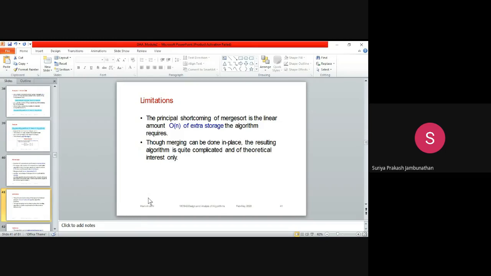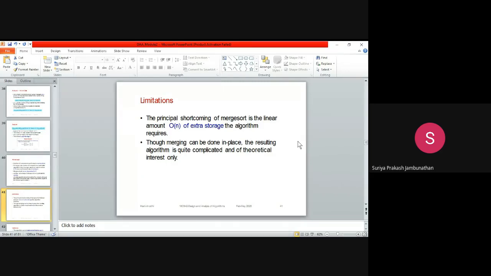And the second point, the merging can be done in place. The resulting algorithm is quite complicated and of theoretical interest only. So the algorithm's results are very complicated to identify for bigger n values, and we can go for a theoretical way of solving that.